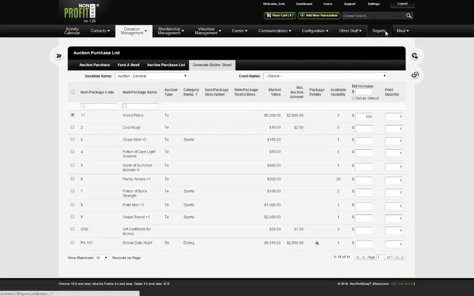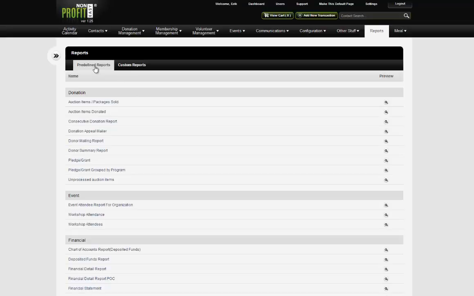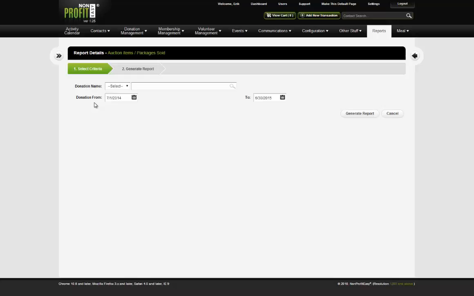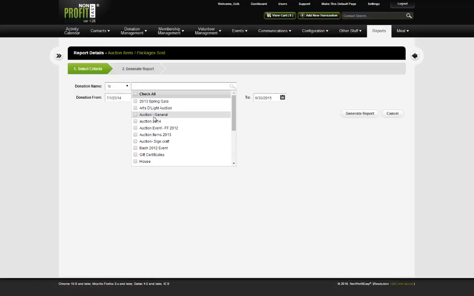So we can go to reports, predefined reports, auction items / packages sold. And so this is going to tell you who bought what, which items and packages were sold at the event, and to whom. So if another staff member can't remember who we sold something to, and you need to check something, for example, we can do donation is auction general,